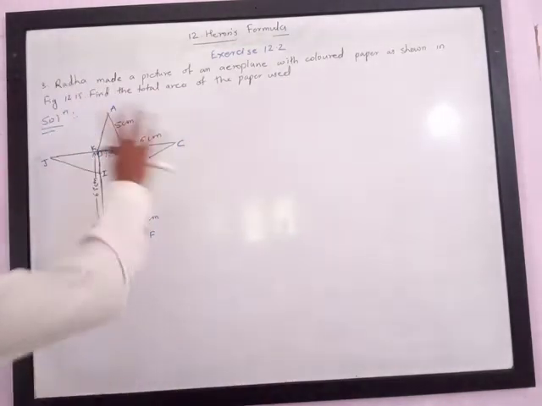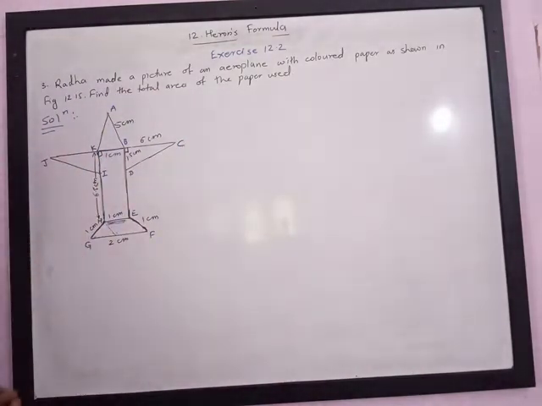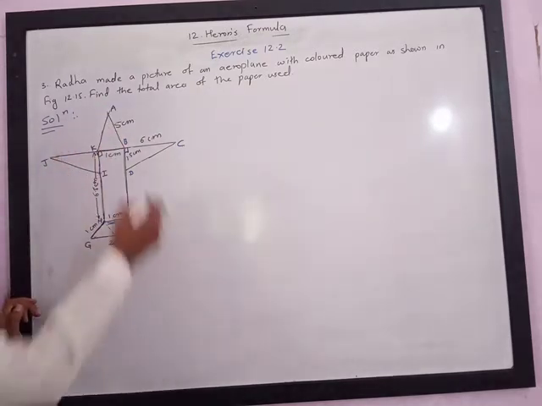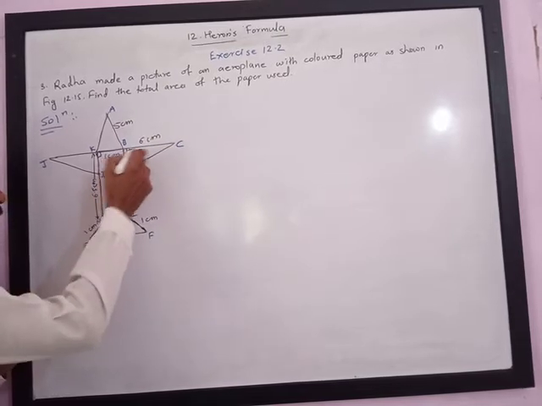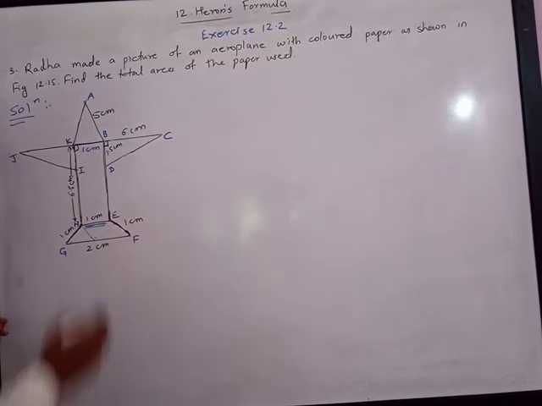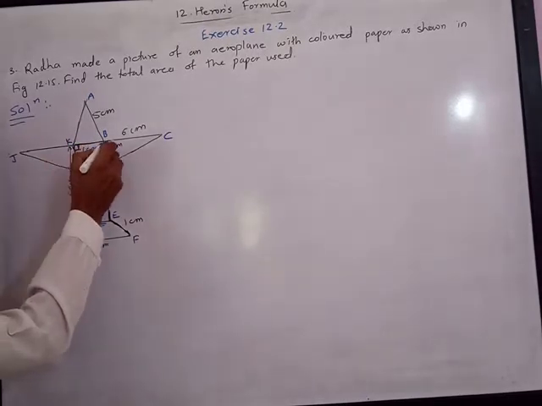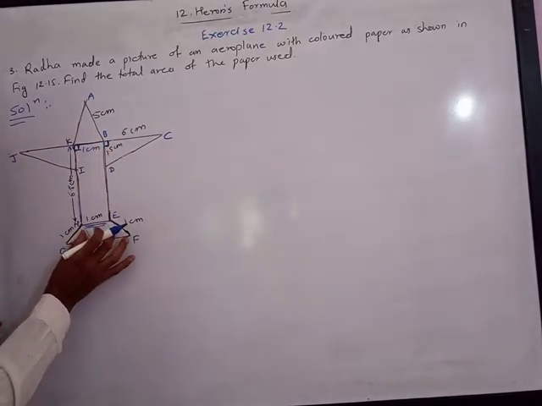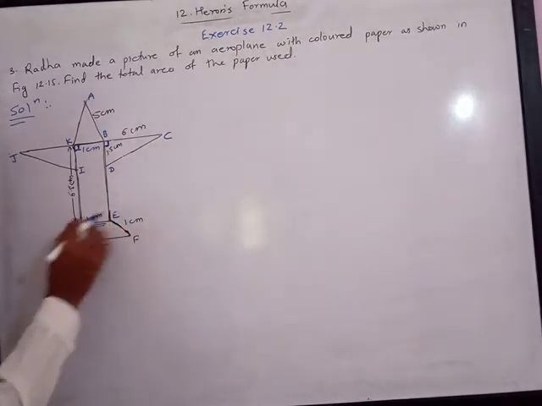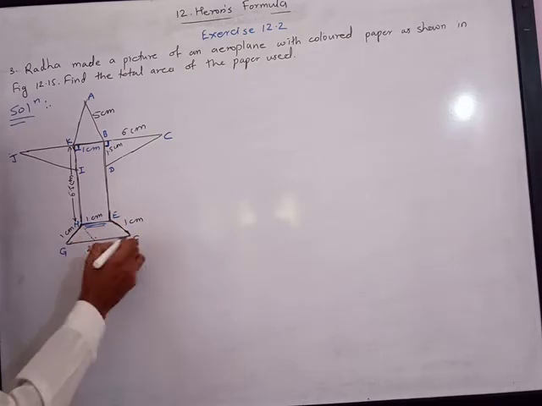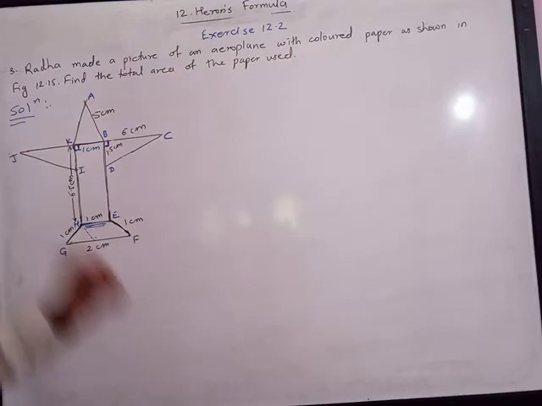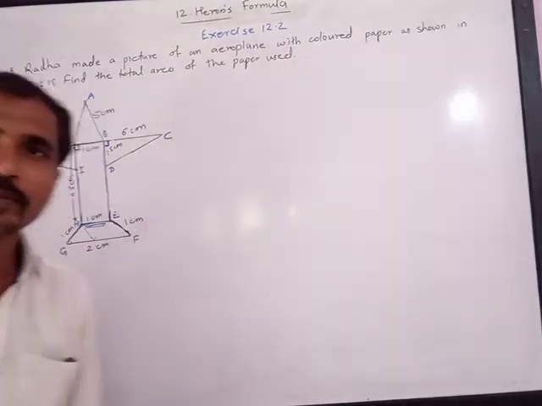Now, many things are not given here. We are going to assume certain things. We are going to assume that this triangle is an isosceles triangle. Then we are going to assume this triangle as a right angle triangle. We are going to assume this triangle also as a right angle triangle. We are going to consider these angles as right angles and the trapezium as an isosceles trapezium. That is, these two sides are equal. It means it is a trapezium. We are going to consider this side is parallel to the other side. So we are going to consider this figure as a trapezium and then find the area of the figure.